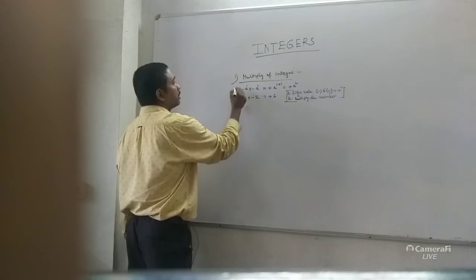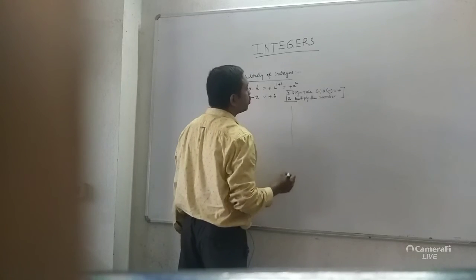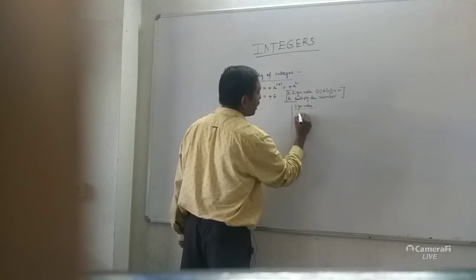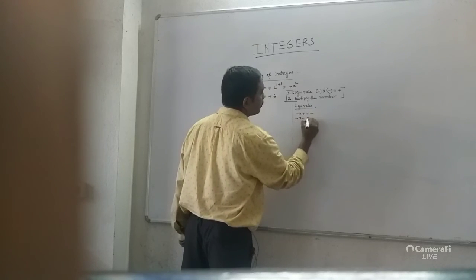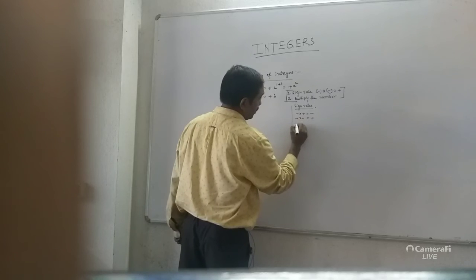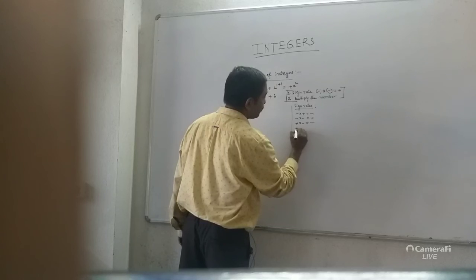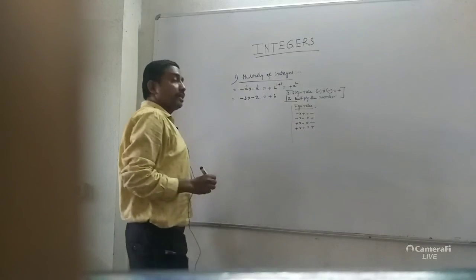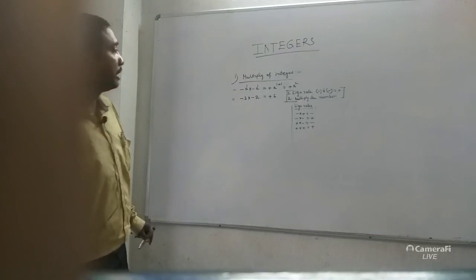Now in this way you can do it. So now I will write one by one all the sign rules. Sign rules of multiplying. Minus multiplied with plus gives minus sign. Minus multiplied with minus gives plus sign. Plus multiplied with minus gives minus sign, and plus multiplied with plus gives plus sign. So this sign rule is very important, and you can apply it anywhere whenever you do multiplication.